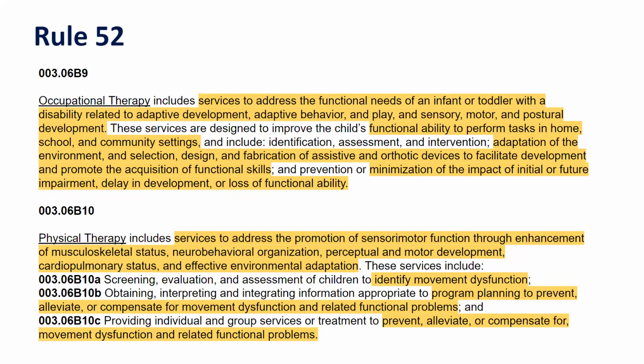It also is within Rule 52. We have to remember that some things are very different from Rule 51 to Rule 52. So 3.06B9 identifies that if a student needs services to address the functional needs of an infant or toddler with a disability related to adaptive development, adaptive behavior, play, sensory, motor, or postural development, we may need the use of an occupational therapist. In addition, 3.06B10 identifies that we may need a physical therapist for students under the age of 3